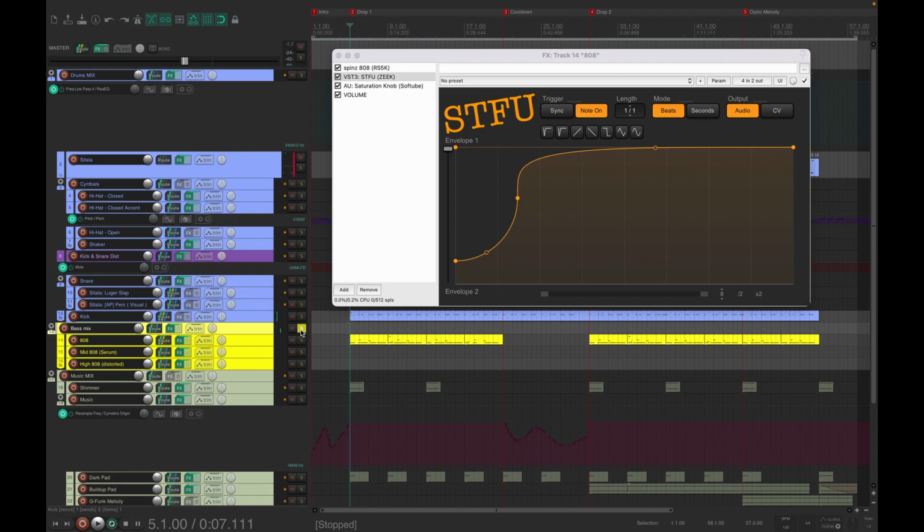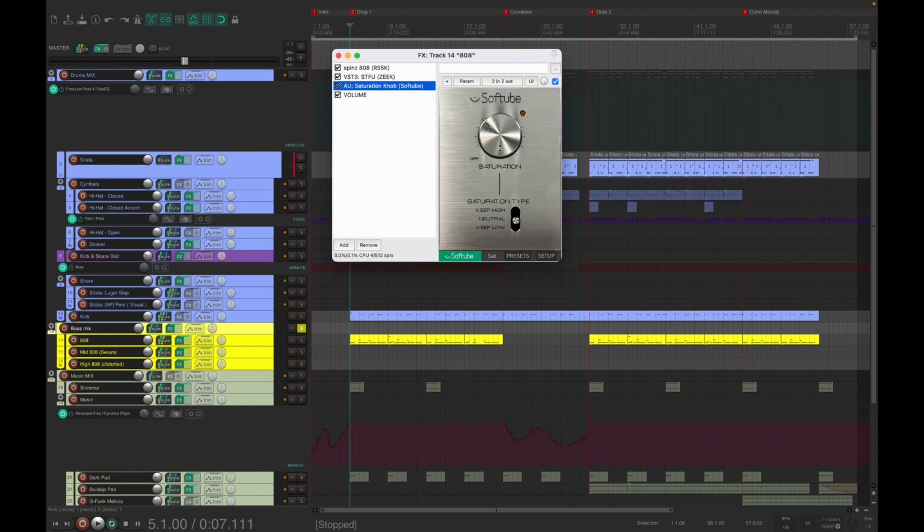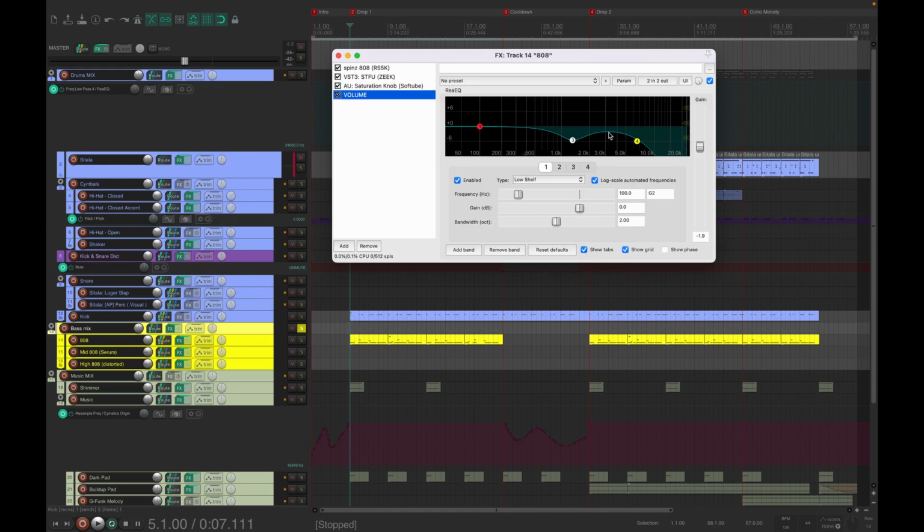Yeah, that's what's going on here. And next off, we have some saturation with the free Softtube Saturation Knob, and we have some volume adjustment and EQing. I'm cutting out 1.5K because this is a really cheap sounding frequency for me, and I'm cutting out some of the high end,